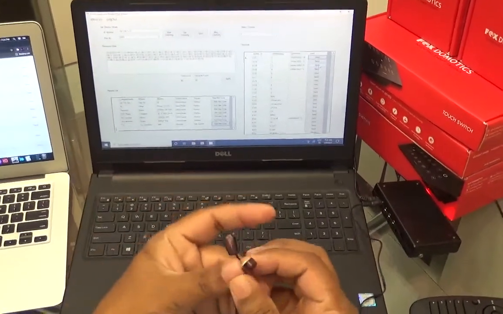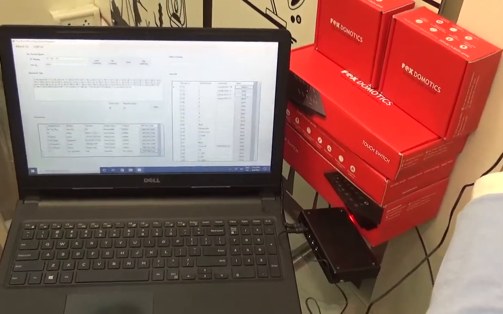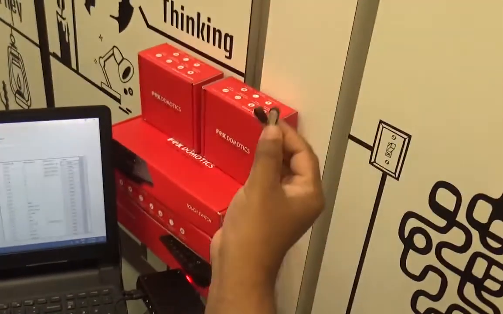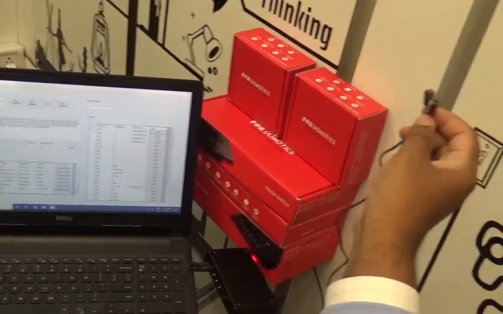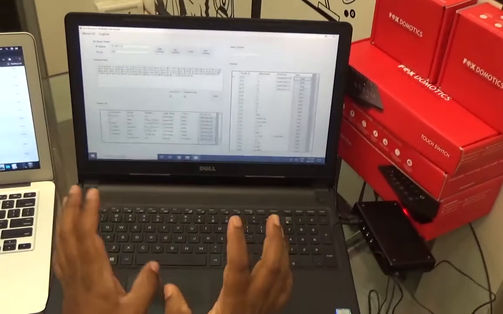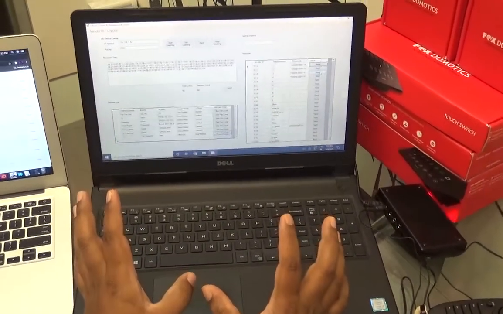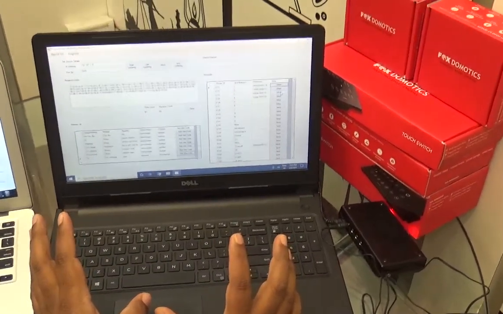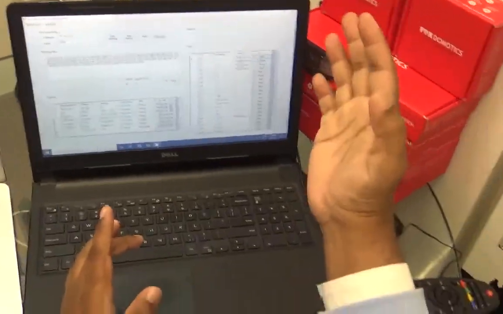Or if the TV is nearby, you can hold this IR in front of the TV and click on send and check if everything is working fine or not. So this is the whole procedure of learning the remote and adding to the cloud panel.